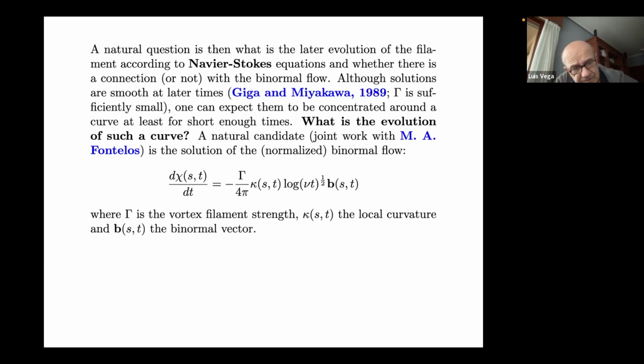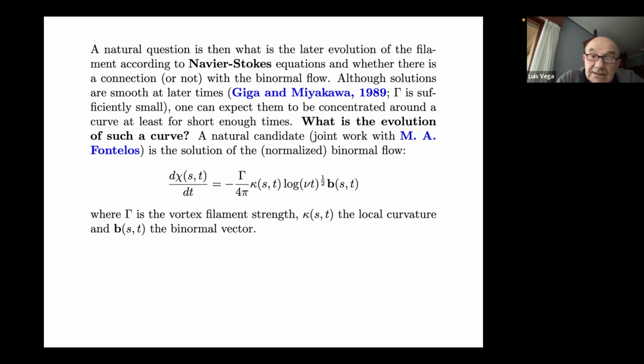So, can you say that there is a solution, and is it unique? Do you have continuous dependence? And it took quite some time, but there is a very beautiful result, already old, of 1989 by Giga and Miyakawa, who succeeded, and not just for one filament, but for a finite number of them. It's a very, very general result, because they construct the solution using not the energy method, but using the perturbative argument based on Duhamel's formula and Picard iteration.